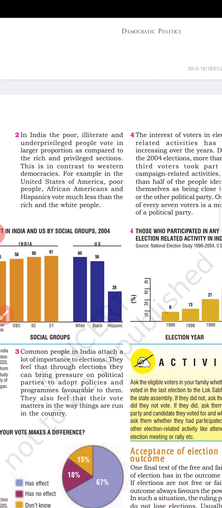So what type of proportion of people are there in participation in the electoral process in India? Mainly the poor people or underprivileged people actively participate in electoral process, and it is totally different in the western countries. In western countries, rich people or educated people participate in the electoral process. So there are various specific reasons for it.